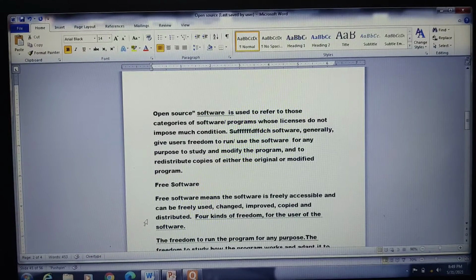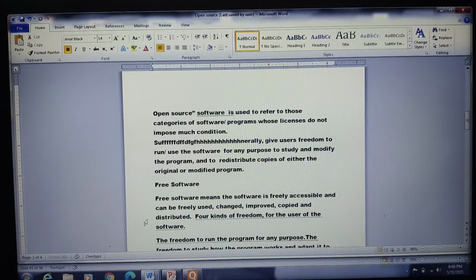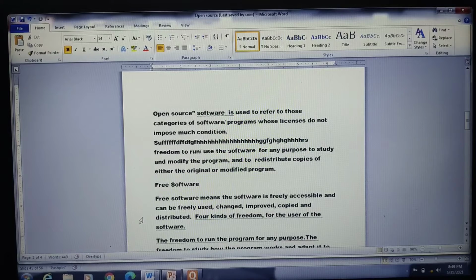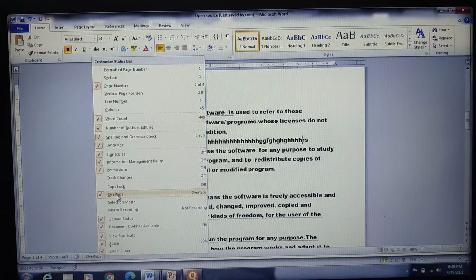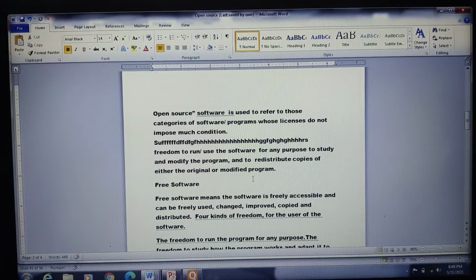Now try to type some content here. Can you see the text is getting overtyped? Generally, the existing word is getting overtyped. I hope you are able to see the difference. This is how you can switch from overtype to the insert mode. Even if you right click here, you can see right now we are in the overtype mode. What if you don't want this overtype mode? Just disable this one, and then you can continue with your typing here.